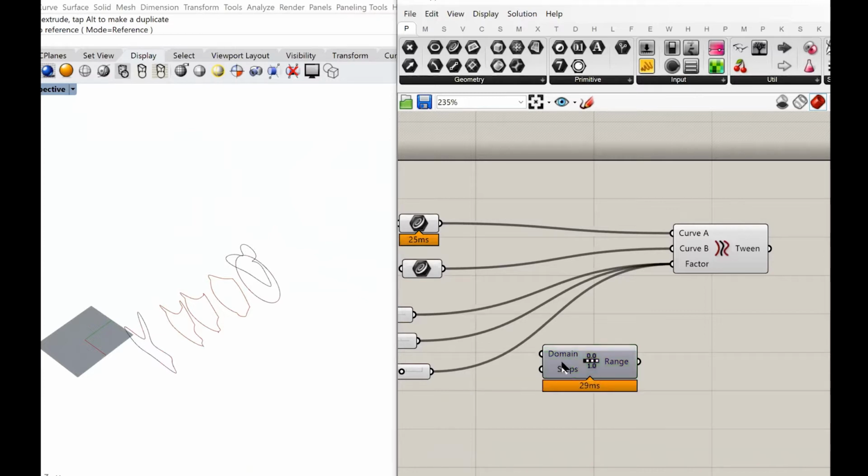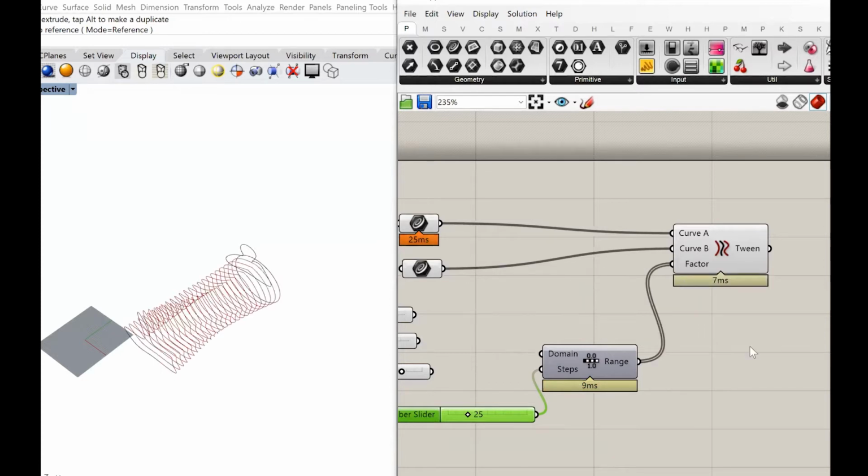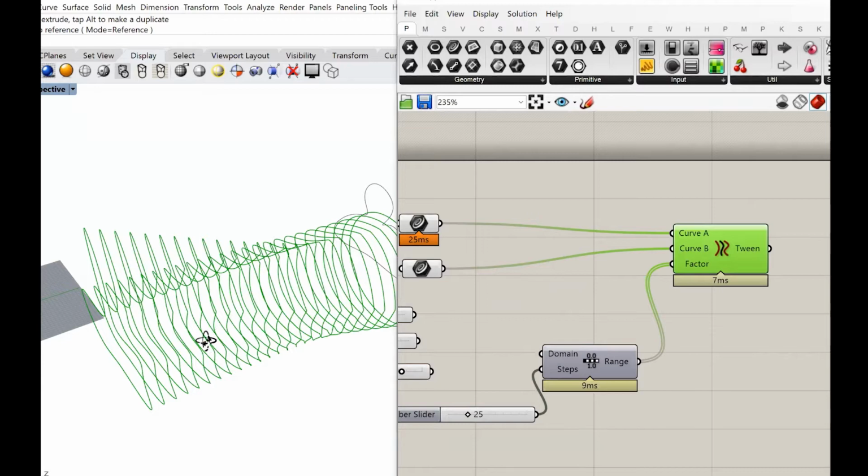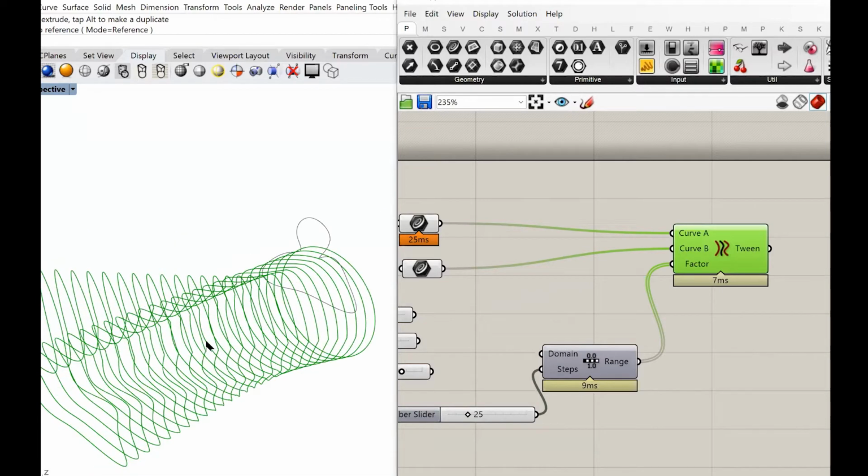So basically it goes from the first one to the last one, and the steps can be whatever number I want. Let's say 25. And if I put all of this as my factors, you basically get 25 new geometries, including the first and the last one, because we're using from 0 to 1. So 0 would create the first one, 1 would create the last one, and the intermediate numbers will create the middle ones.